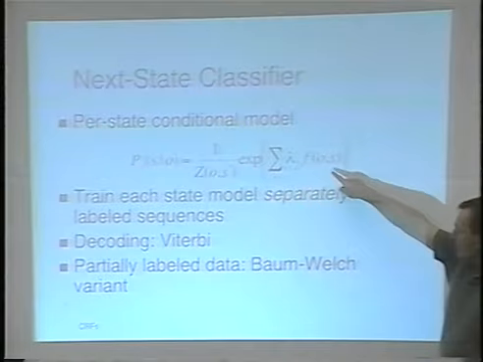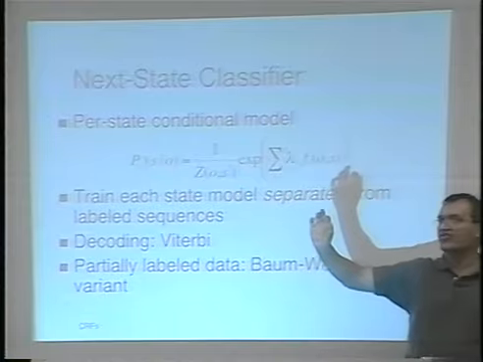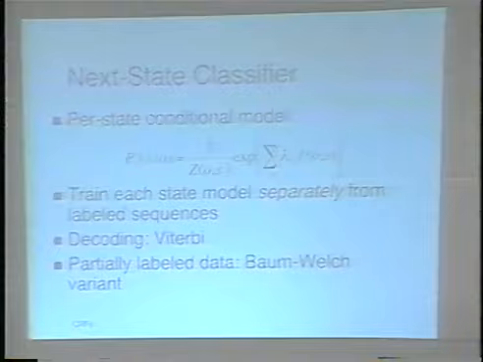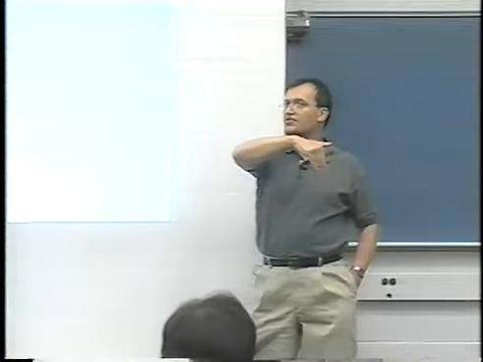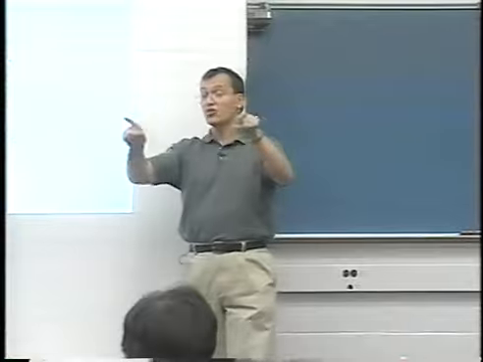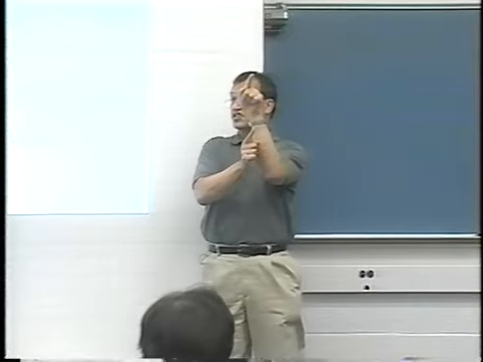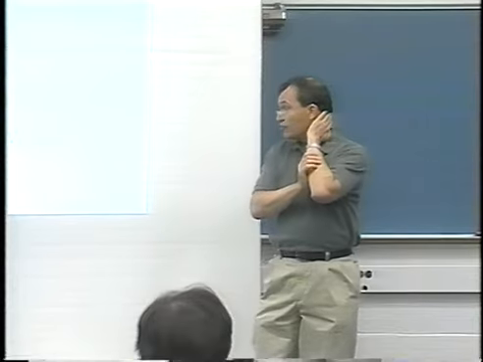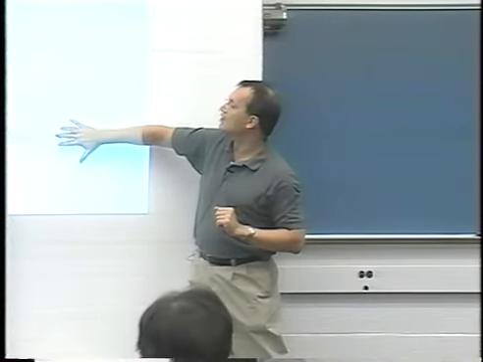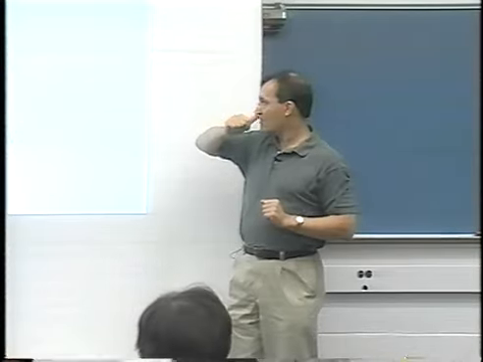In general, I could imagine that I have a label that says person. But in fact, there are multiple states that my model might want to have for person: first name, middle name, last name. Now, in my labeling for training, I don't know which one it is. So there are multiple states that produce the same label, person. That's the partially labeled case. There's also a straightforward extension of Baum-Welch to this case, which I won't go into here.